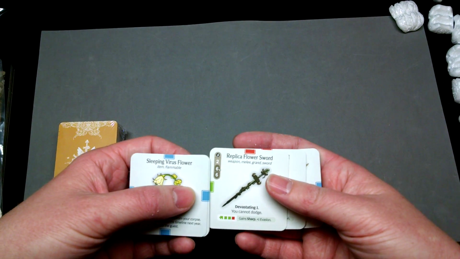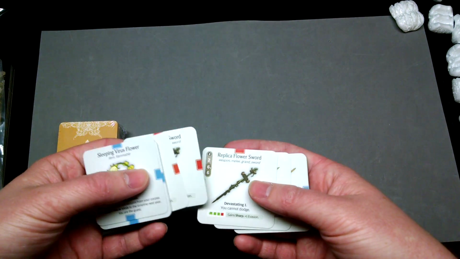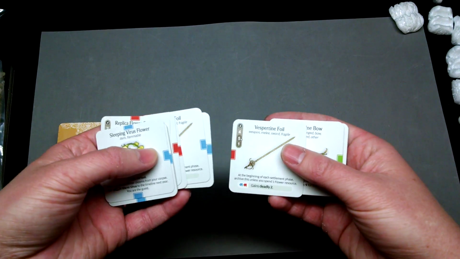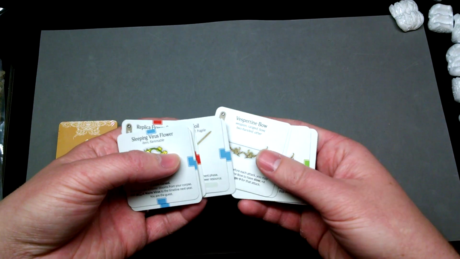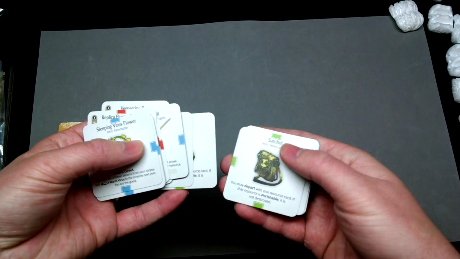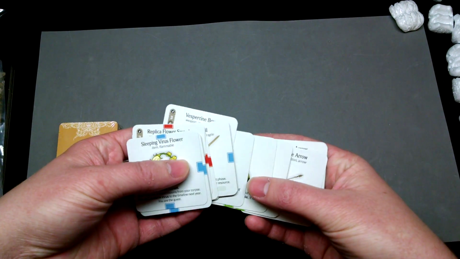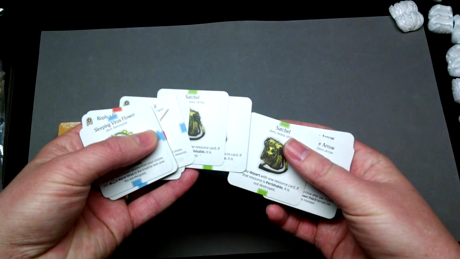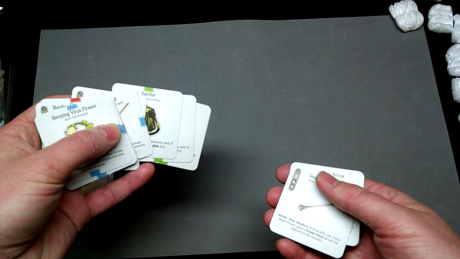Seems to be the flower sword that the actual knight has, and a bunch of little rapiers, foils here, some bows, satchel. Yeah, so usually, as per the game, they'll give you, I think, usually 3 copies of each of